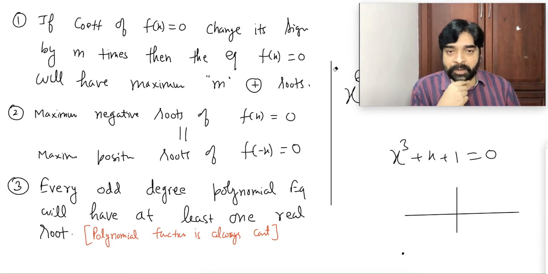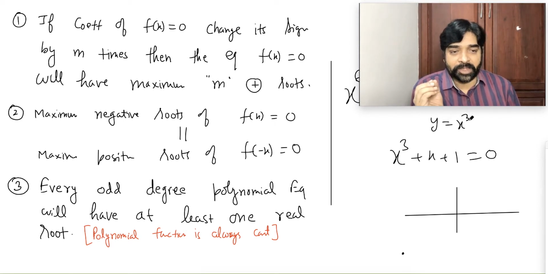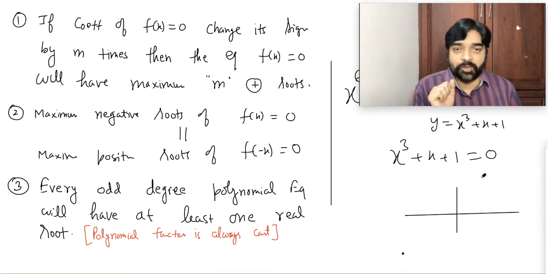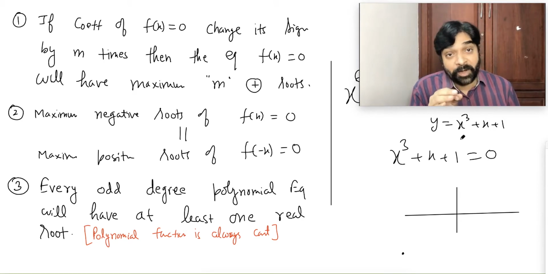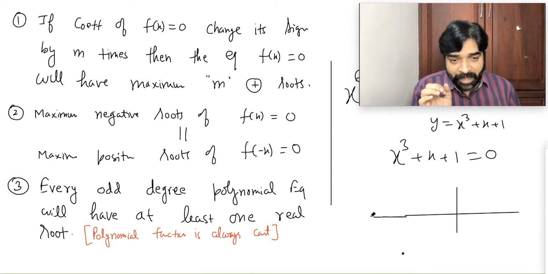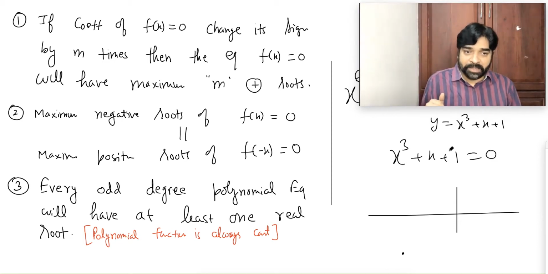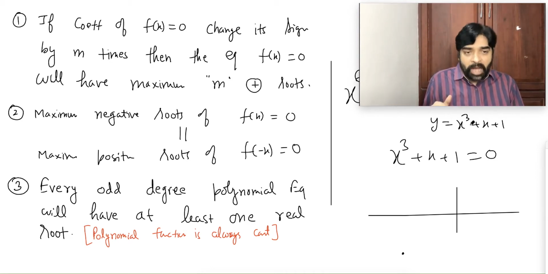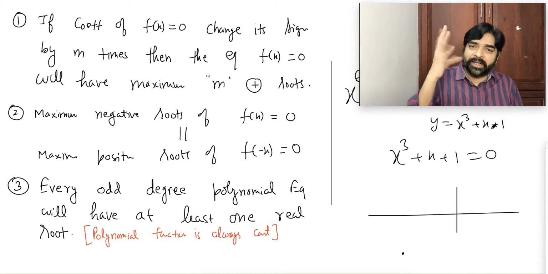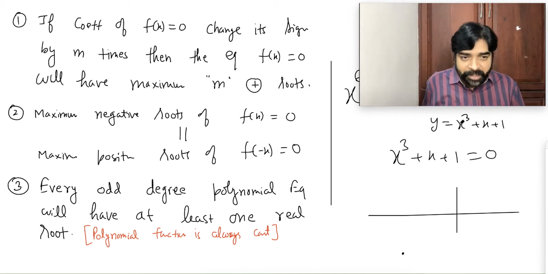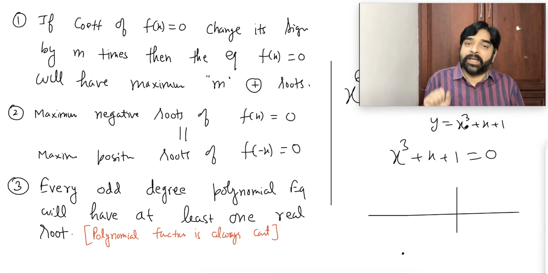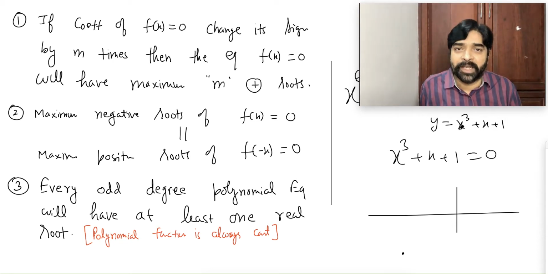I assume this value as y equal to x cube plus x plus 1. If I ask you for x equal to 1, what is the y value? You will say 1 plus 1 plus 1, 3. For x equal to 0, what is the value? 1. If x is at minus infinity here, where is y? I will say minus infinity. Why so? Always look at the bigger degree. The smaller ones, forget them. Concentrate on the bigger degree. If I put x equal to minus infinity, the whole cube will be minus infinity only.